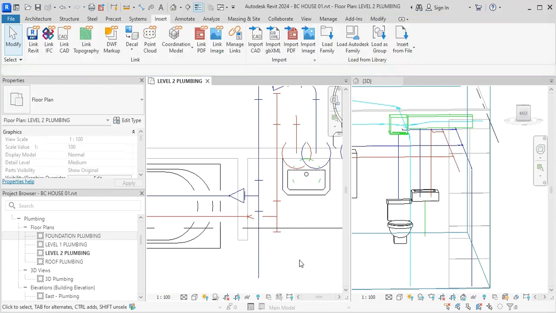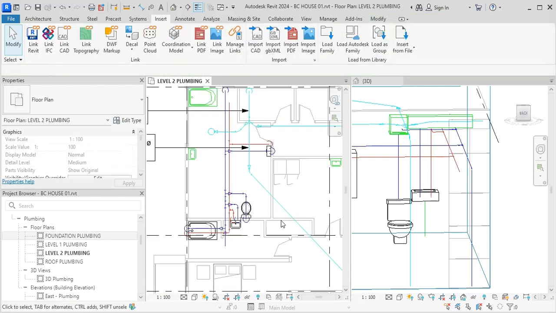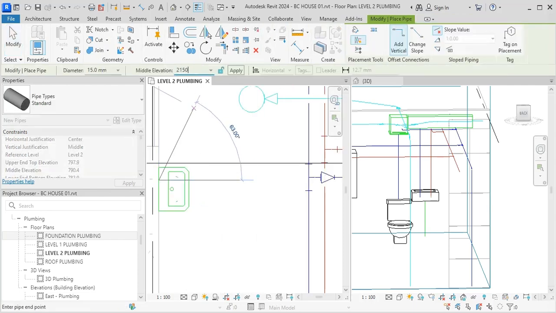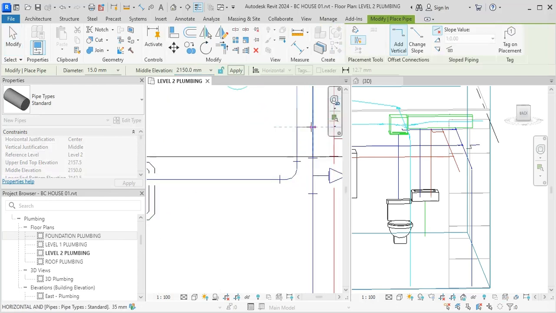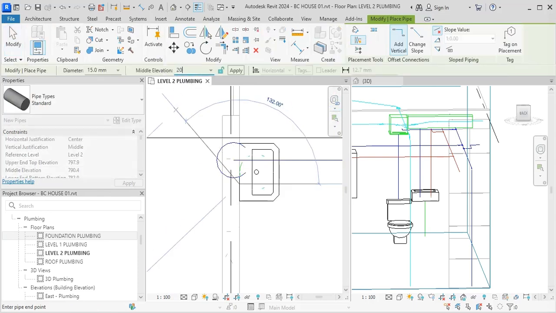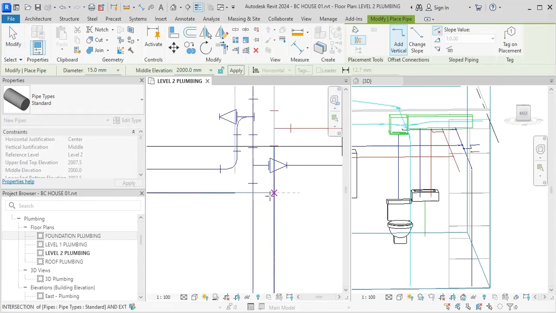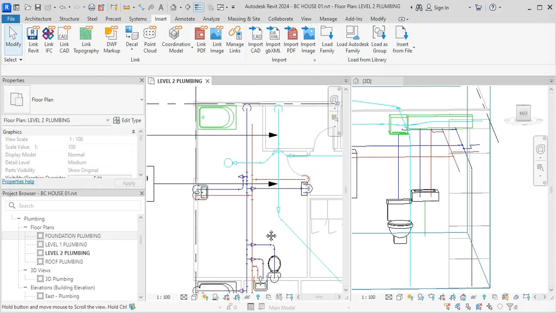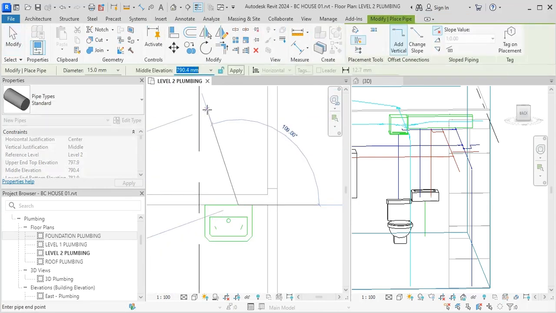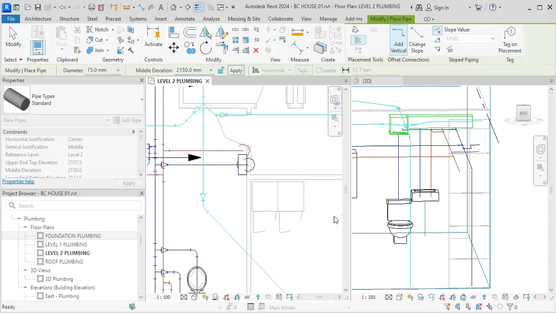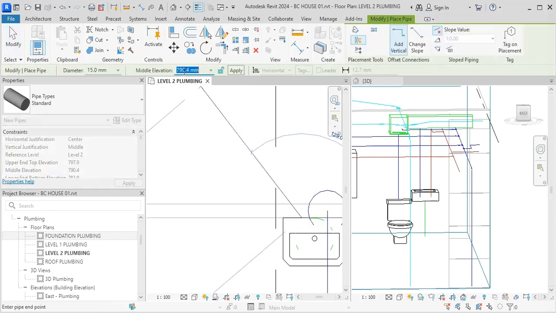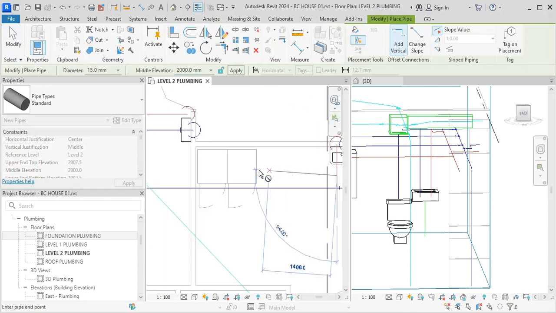And I want to delete this pipe, then remove this, and the same thing here, give it 2150, and then I can just take it from here and this one, I give it 2000, and I can just connect it from here, and I want to get this lavatory, I give it 2150, and then take it from here up to here, and this, the hot water connection, 2000, I take it like that to this pipe,